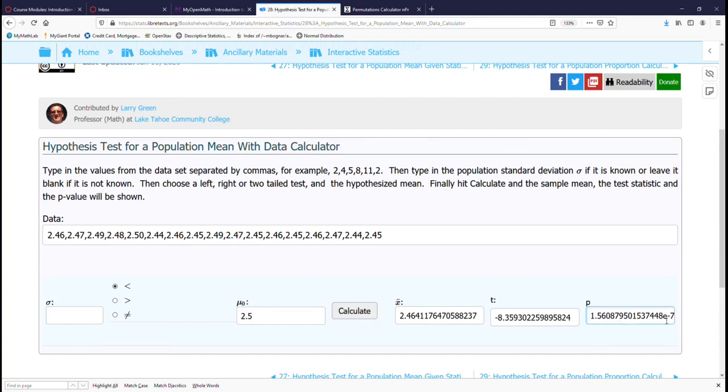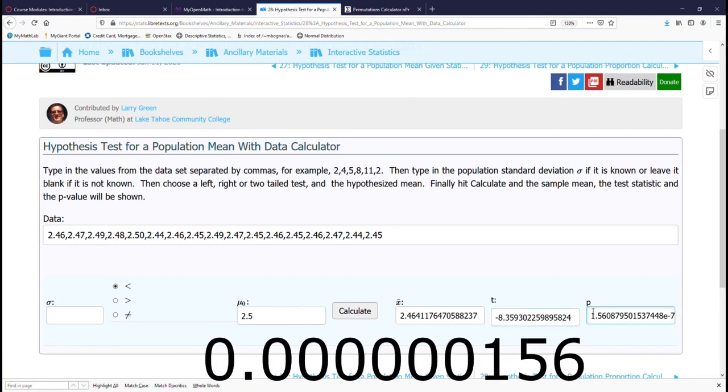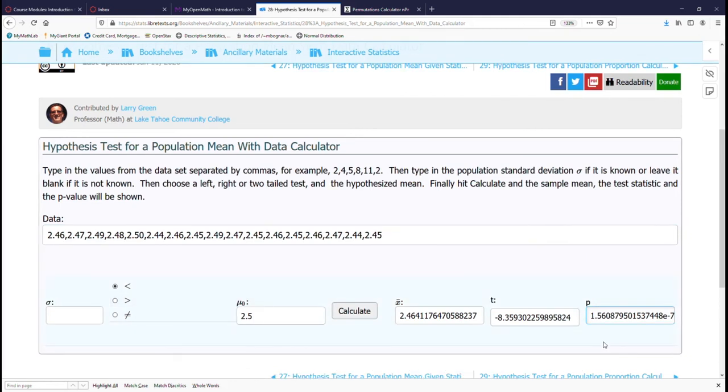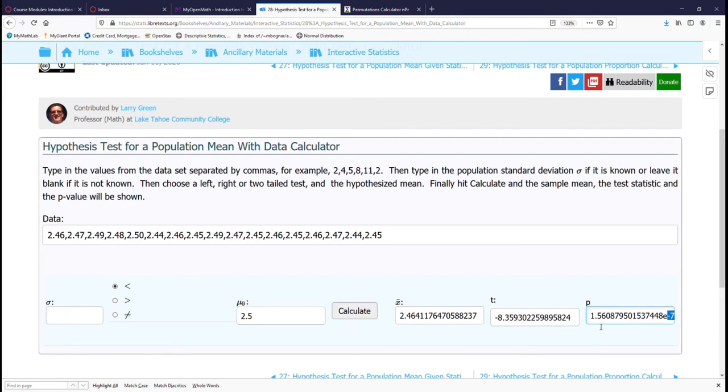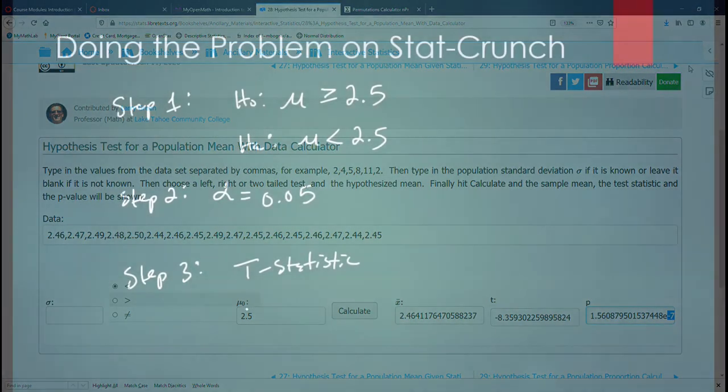If you look all the way to the right, notice there's an E and there's a negative 7 here. What that tells me is I have to move the decimal 7 places to the left. So if I move this 7 places to the left, 1, 2, 3, 4, 5, 6, 7, I know this is a very, very small number. This is a number that's less than 0.0001. So when you see that e to the negative 7, make sure you move the decimal place 7 times to the left. We have negative